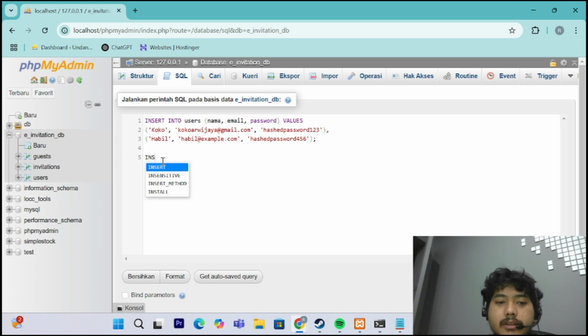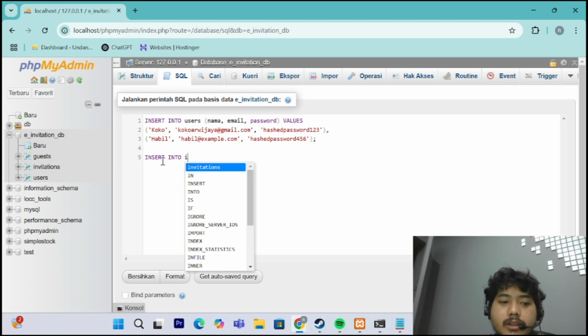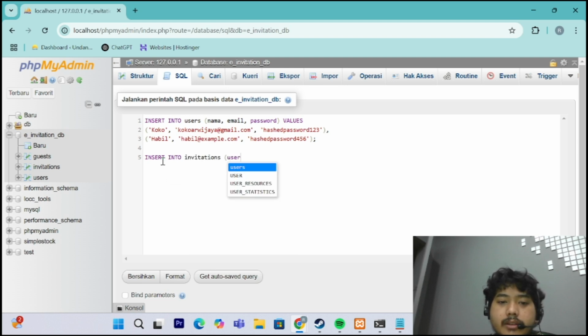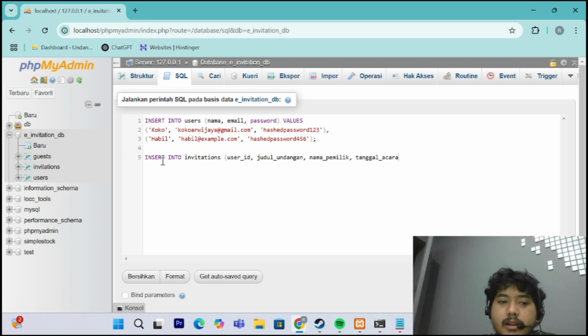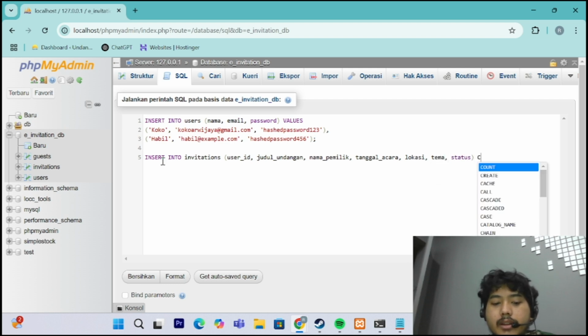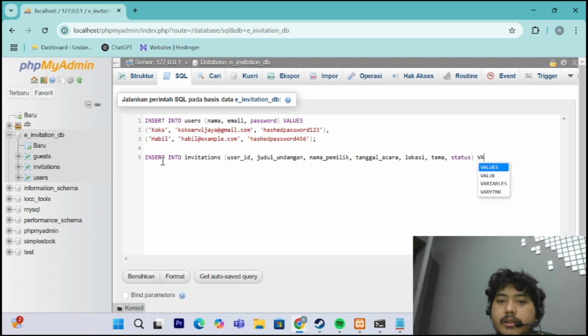Okay, insert into invitation, user ID, judul undangan, nama pemilik, tanggal acara, lokasi, dan tema, dan status, like this. Okay, and values.